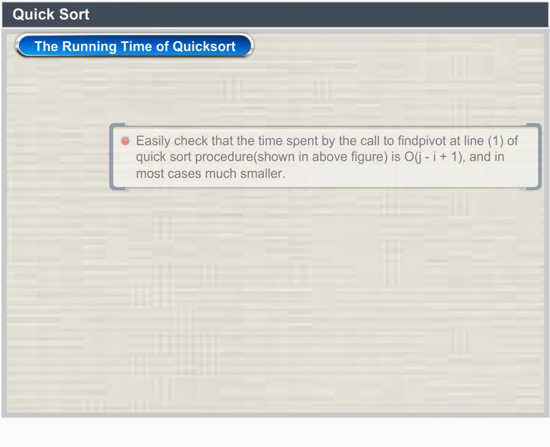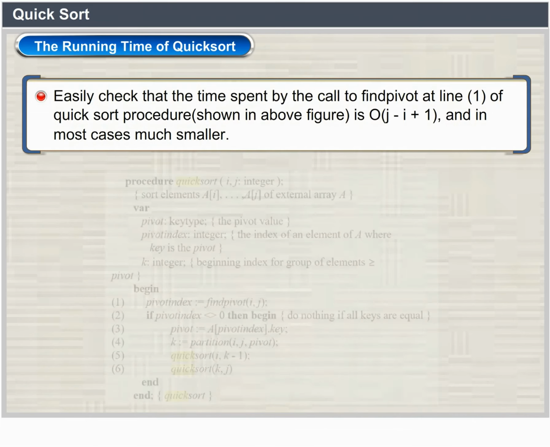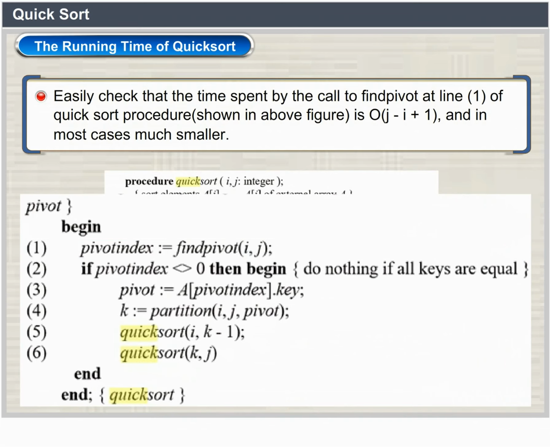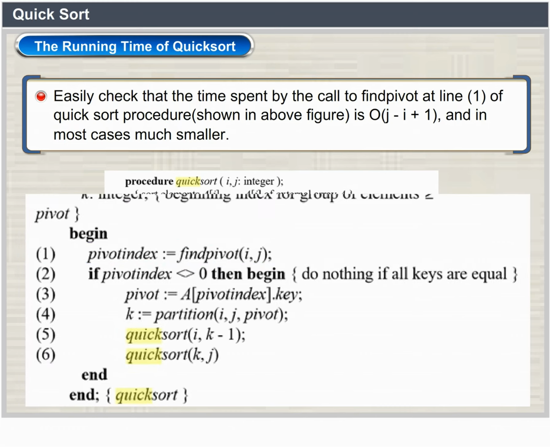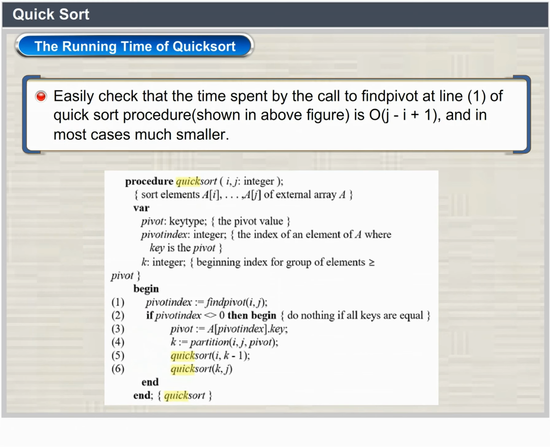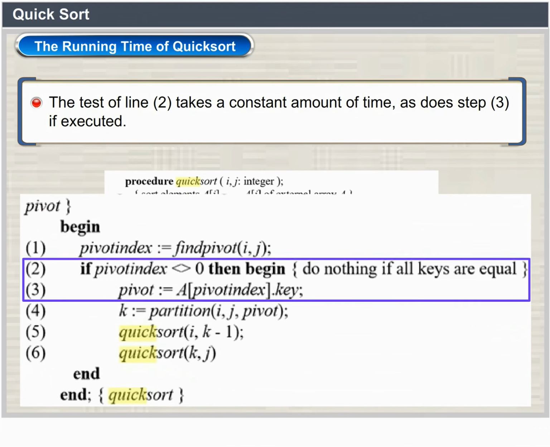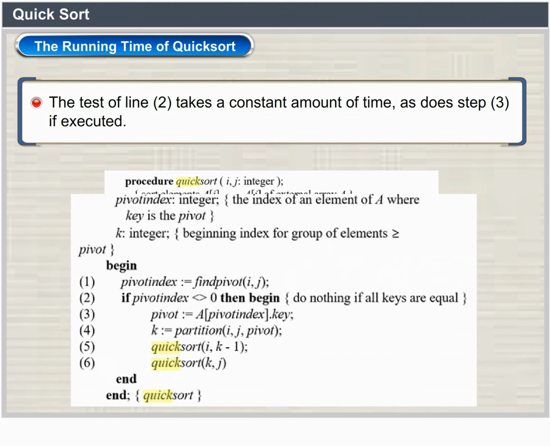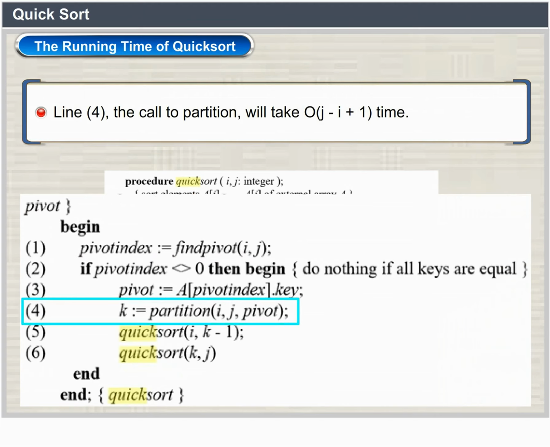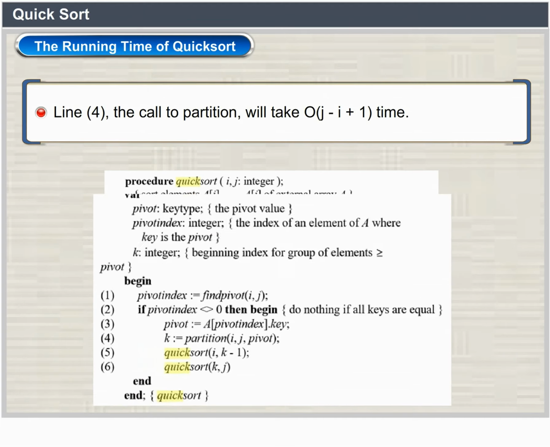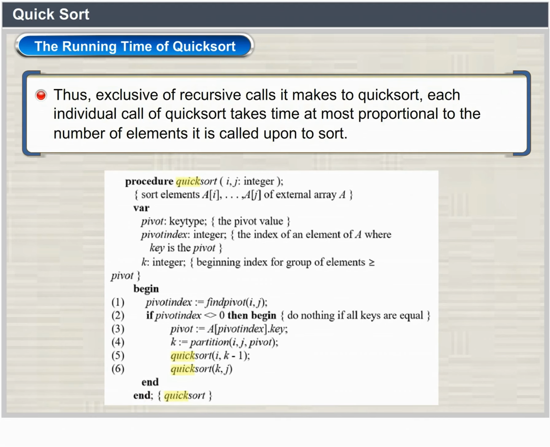Easily check that the time spent by the call to find pivot at line 1 of the quicksort procedure, shown in this figure, is big O of j minus i plus 1 and in most cases much smaller. The test of line 2 takes a constant amount of time, as does step 3 if executed. Line 4, the call to partition, will take big O of j minus i plus 1 time. Thus, exclusive of recursive calls it makes to quicksort,